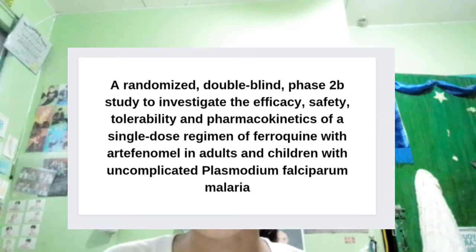So there were a total of 373 patients who were treated. We have 289 African patients of less than or equal to 5 years, 64 African patients greater than 5 years old, and 20 other patients. So in this case, the efficacy of the artefenomel and ferroquine combination was optimal in African children aged less than or equal to 5 years, the population of interest, and also the vomiting most likely had a negative impact on the